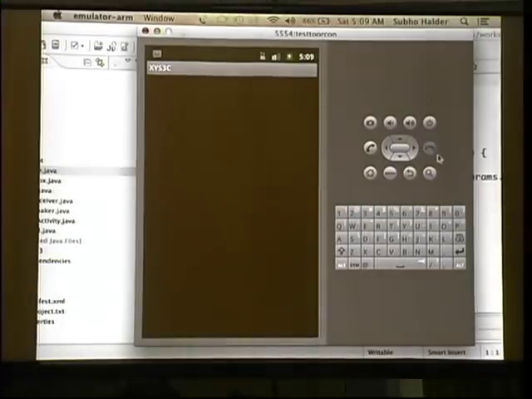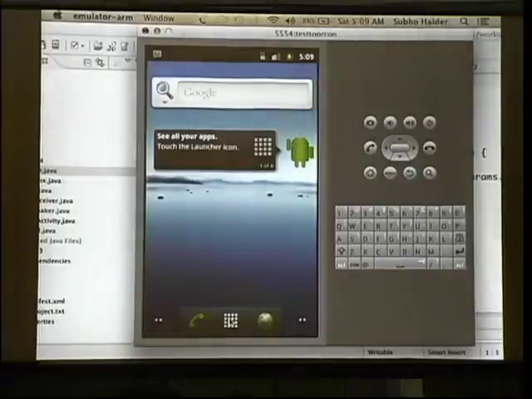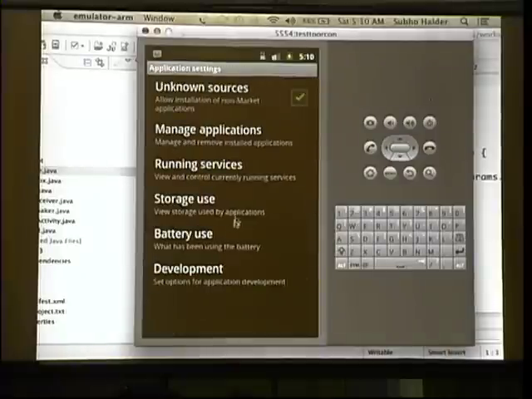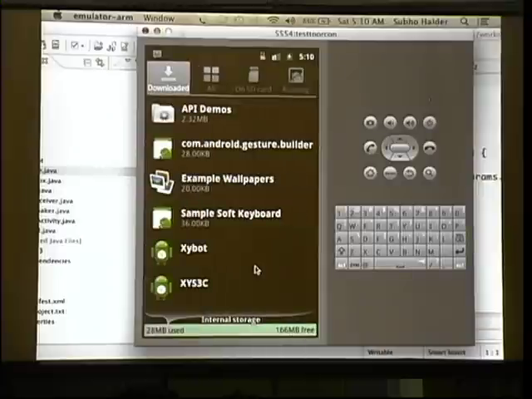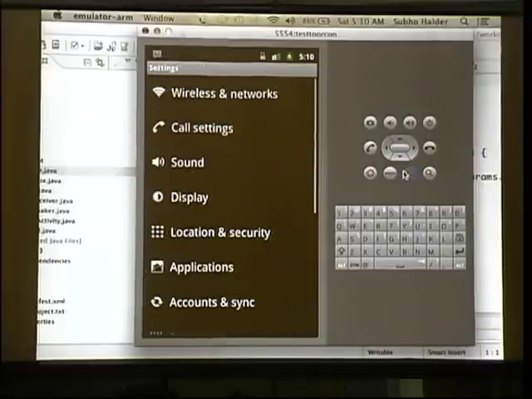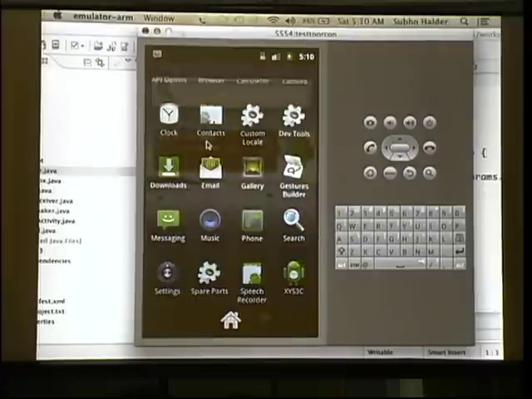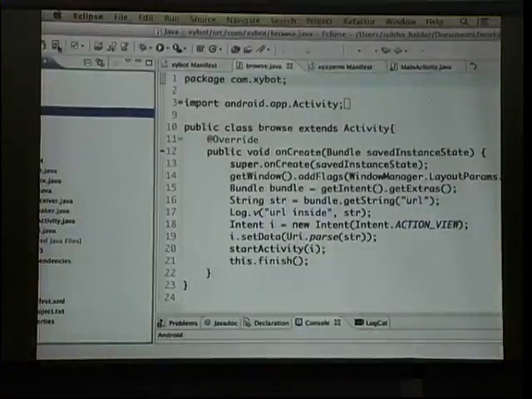Now the botnet is installed in this emulator. The best part is you won't see any icons over here. All you can see is it's installed, and you can go to settings, and then in the application tab you can see that it's installed, X5 bot, that is. Of course there won't be any notifications too. There are no activities or anything, so it's a bit of stealth. Just to show you the power of this botnet, I'm going to fire up another emulator.